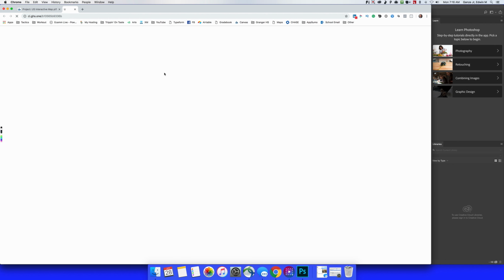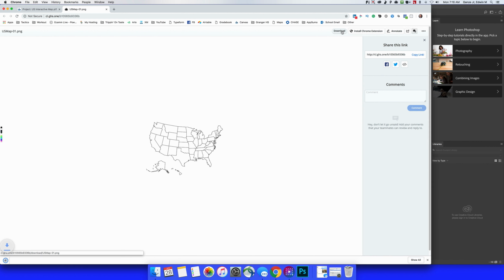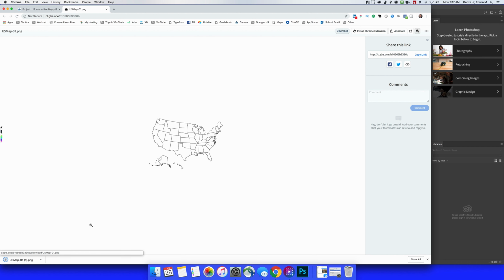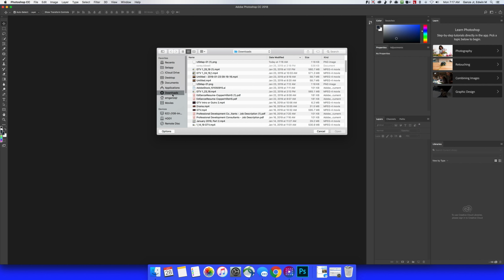Under Part 1, go ahead and choose that link there to download the PNG file, and then you will download this PNG file to your downloads folder on your Mac. From here, you will then go into Photoshop and choose File, Open. And then what you're going to do is navigate to the downloads folder, find your US PNG map, and open